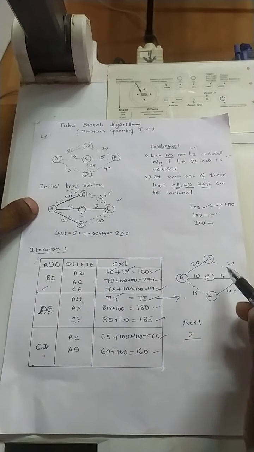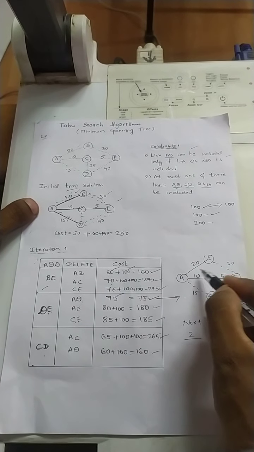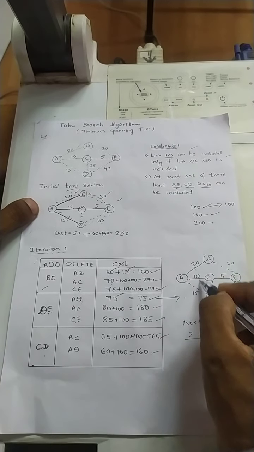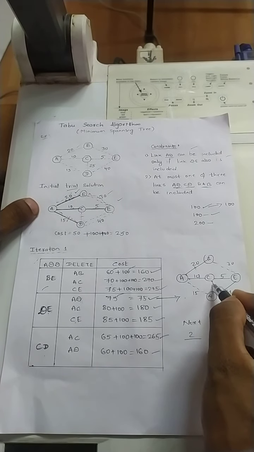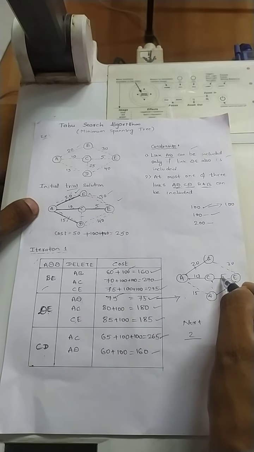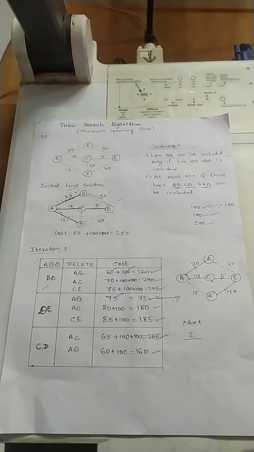Again in this graph, what are the possibilities of adding? I can add BE. If I add BE, then I remove either AB, CD, AC or CE. I can add AD. If I add this, again there will be a cycle, so try to remove DE and CE and so on. In this case, you should perform 2 or 3 iterations continuously. If the result is not improving, that is the cost is not reducing, then you should stop at that particular point. For this particular example, you will get the minimum cost as 70 after the third iteration.